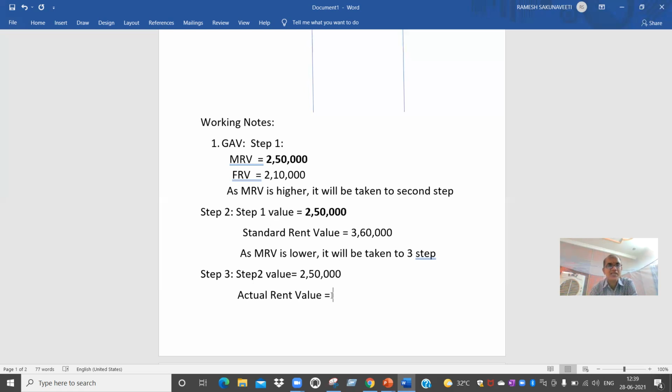This is important. You understand it properly. Last month's rent, this month we will pay. This month's rent, next month we will pay. So while calculating actual rent, that month also you are going to take into consideration. It is not that he will not pay. He will pay next month. So total 12 months you have to take into consideration. Did you understand? This month's rent, next month we are going to pay. So that is why, even though it is not paid, you have to take it into consideration.